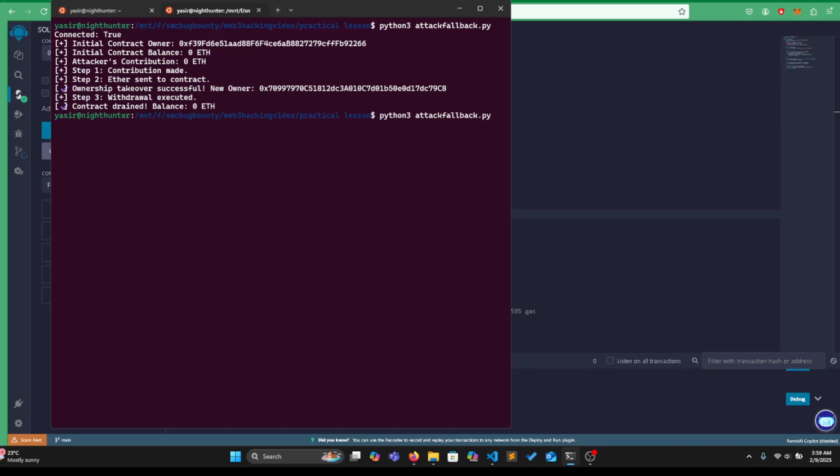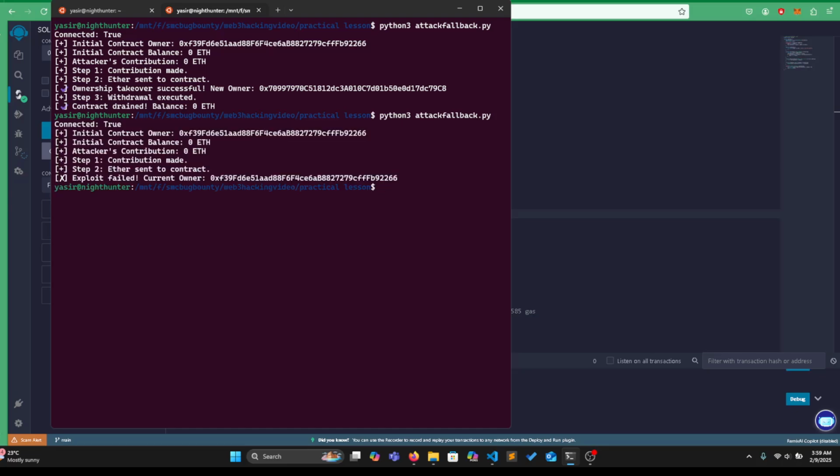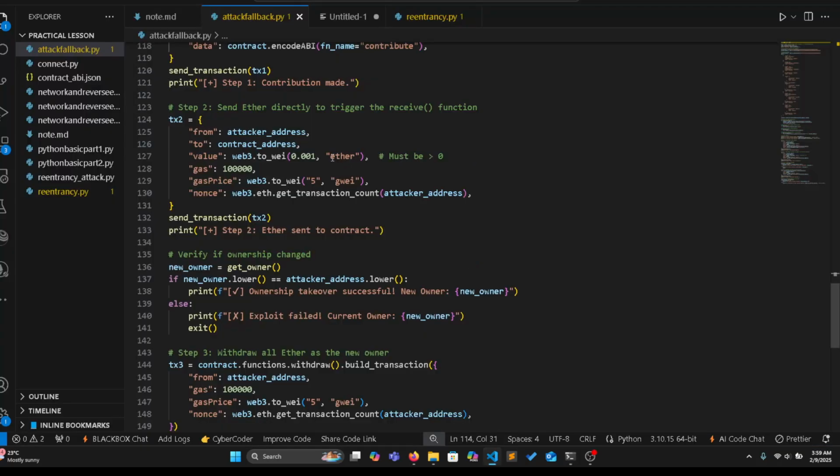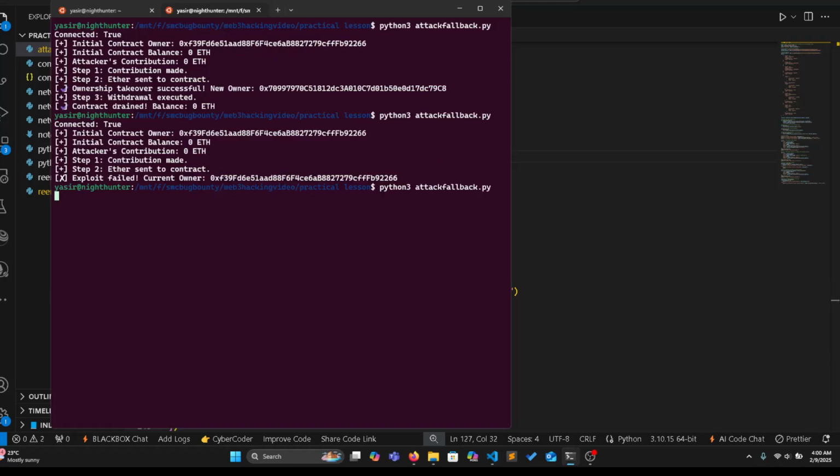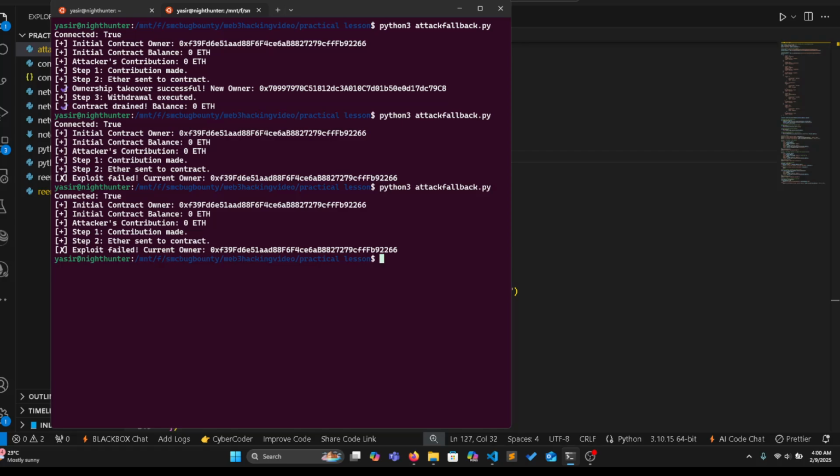So Python takes the fallback. Okay. Sorry, I think this one is just not 0.09. I don't know what happened. Maybe it's something about gas, but this is the first time I ran the transaction and it's showing like this